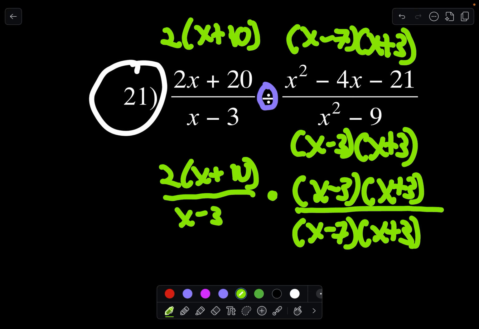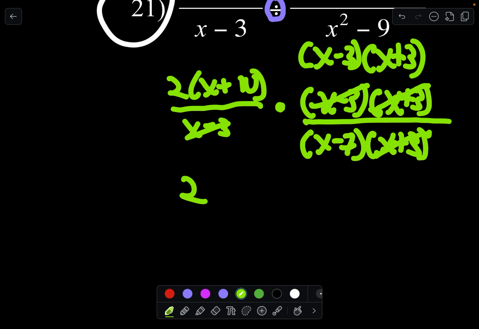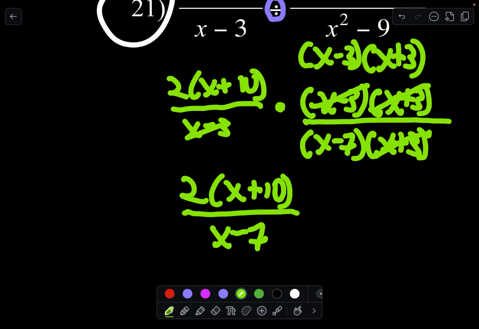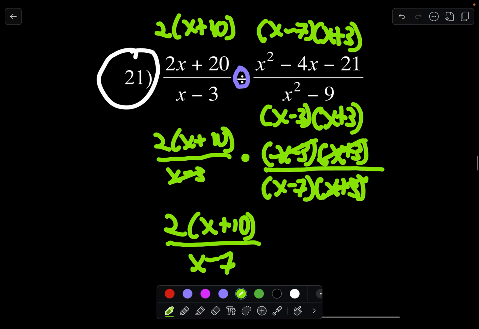Looking at this, the x plus 3 divides out because they're on top of each other, and the x minus 3 as well, which leaves us with 2x plus 10 over x minus 7 as the simplified